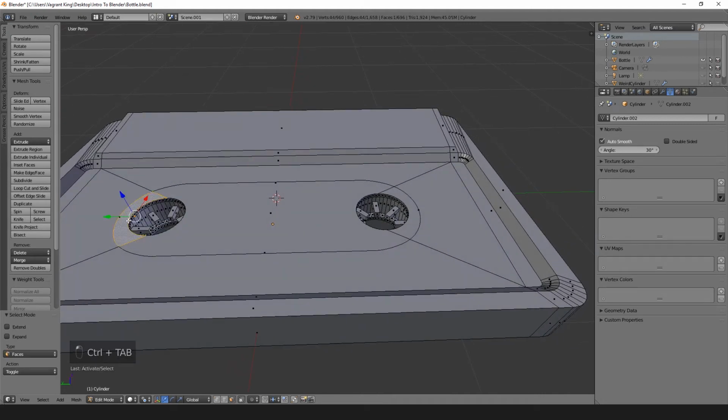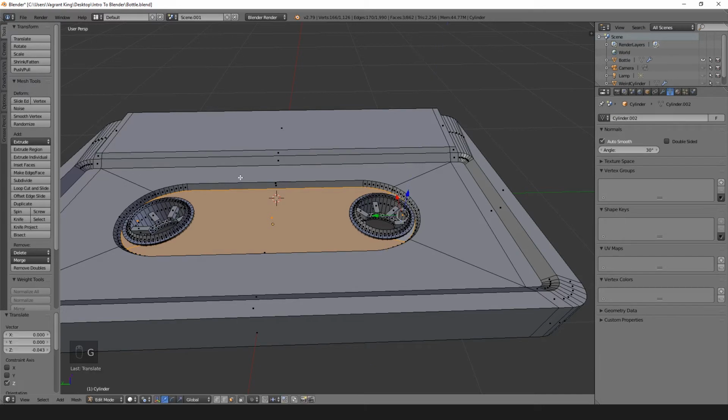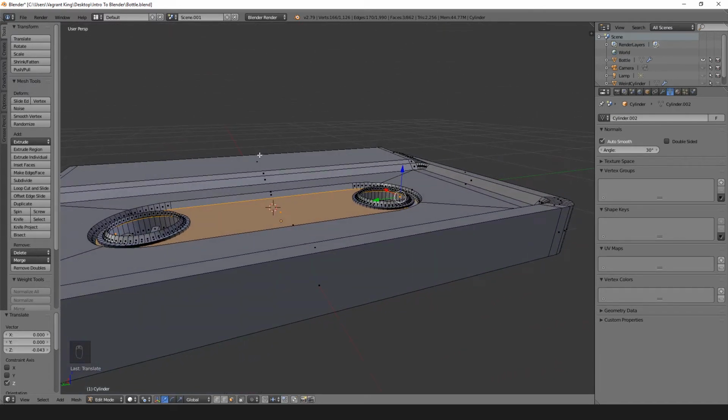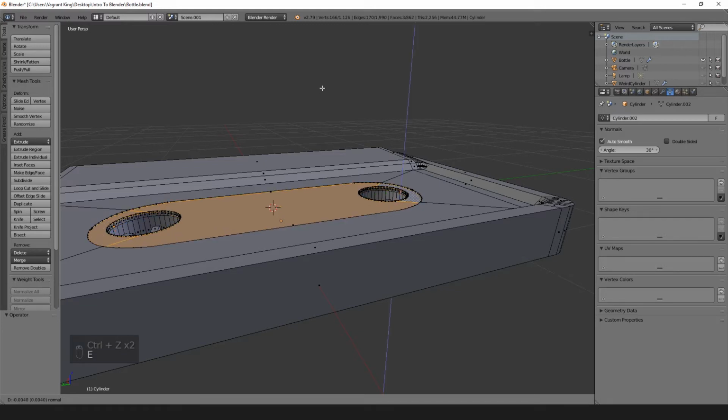Now I'll switch into face mode and grab these faces. I'll inset them slightly, just like that, and bring this down. And now you can see we've created this nice inset. You'll also notice that there is a slight issue that we're running into with our cassette pieces there. So let me just undo this. If we were to just extrude this a little bit,